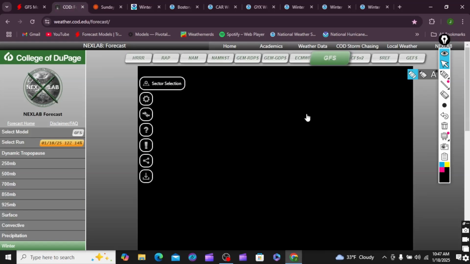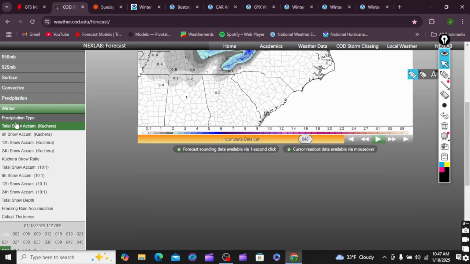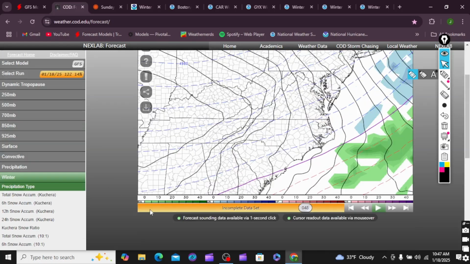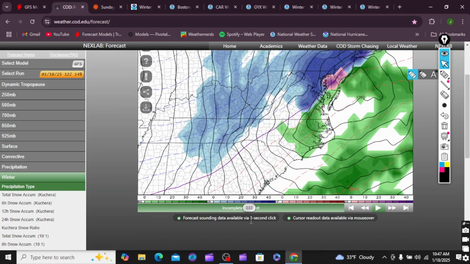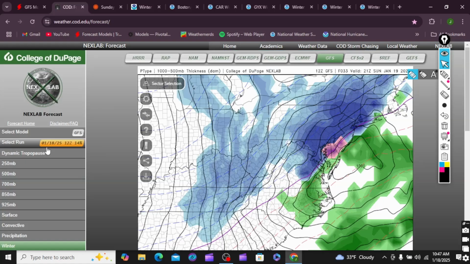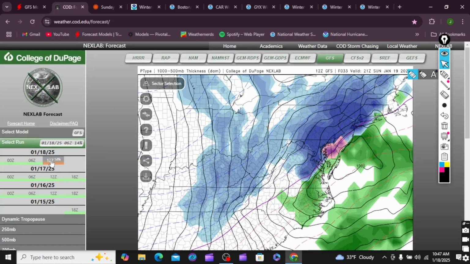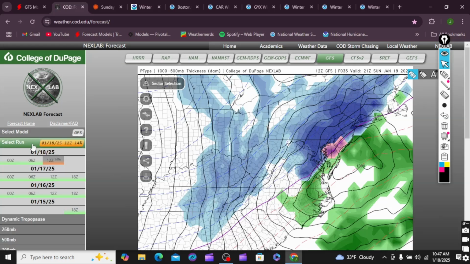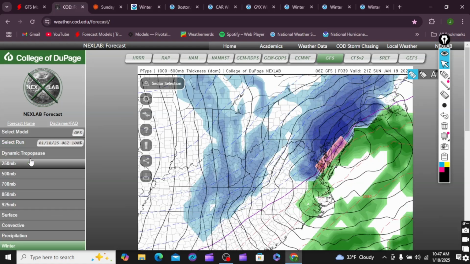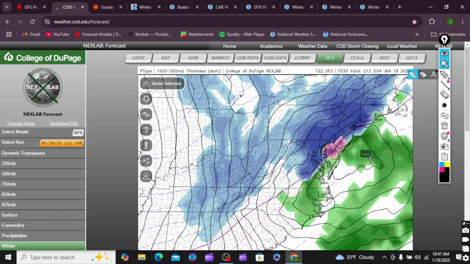We looked at some of the models. We're going to look at the GFS here. And actually, wow, I did not mean to spoil that, but the GFS, I don't think has really changed anything. I think this is pretty locked in here because from 6Z to 12Z, actually the low is, I think, a little bit more aggressive here. There it is, maybe a little bit less, maybe 998.